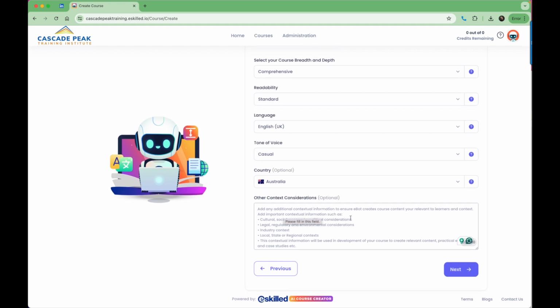And then any other contextual considerations. For instance, if you're writing a course for a particular industry, you might want to mention that. If you're writing a course for a particular client and you want that client to be used in case studies, you could add that information there. You could add any regulatory considerations, legislation that might be relevant, you name it, any information that will help the AI understand the context for your course, so it can align all of your course content to that context. I'm going to leave that blank for this